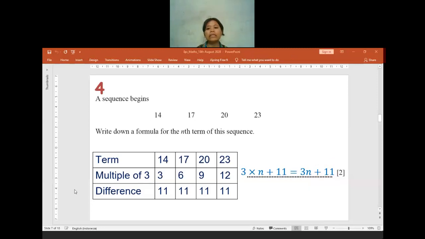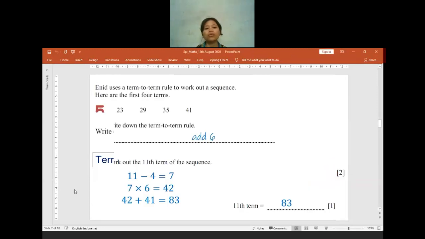Please kindly do double checking, because I do not edit your file. Usually when I check, I would edit your file and put a tick on it. But if I edit your file, later I will be uploading another file on the Google Classroom and it will make the Google Classroom full. That's why if I make a mistake checking your paper, let me know through the Google Classroom, and please kindly check your answer sheet also. You can do double checking with me. Okay, I will continue to question 5.